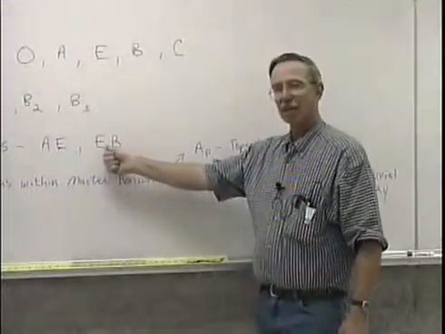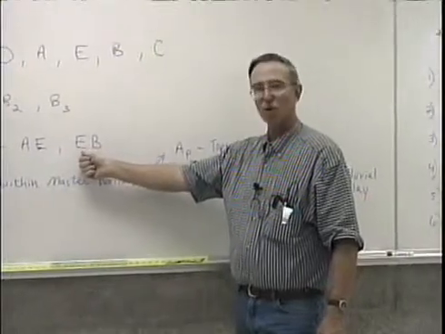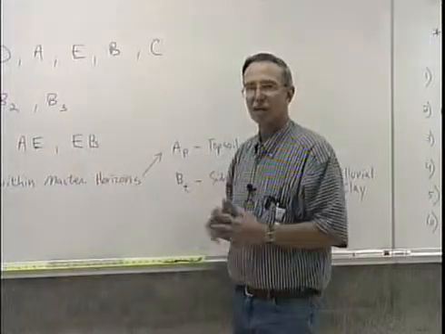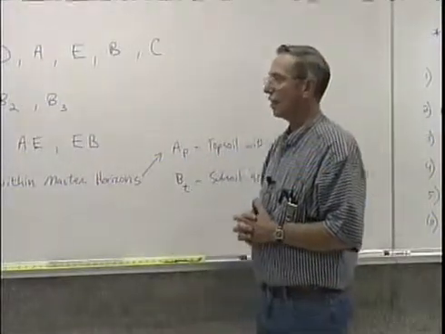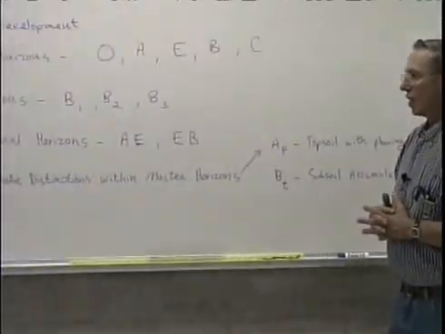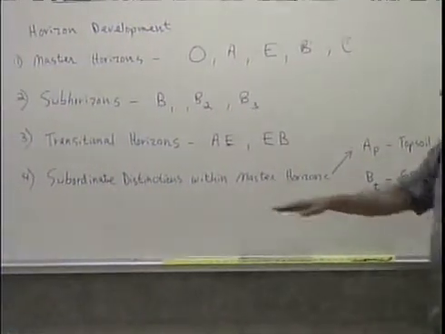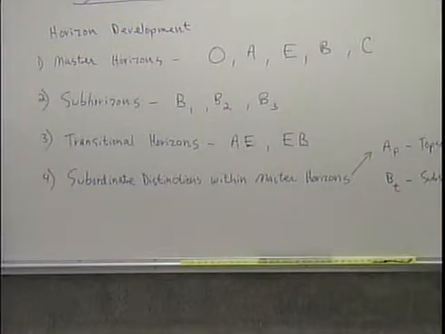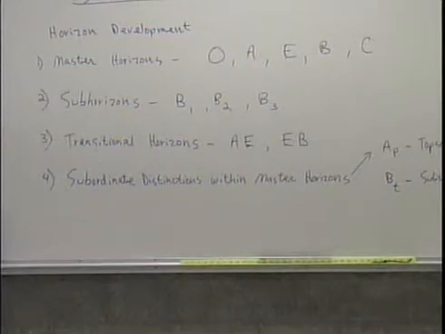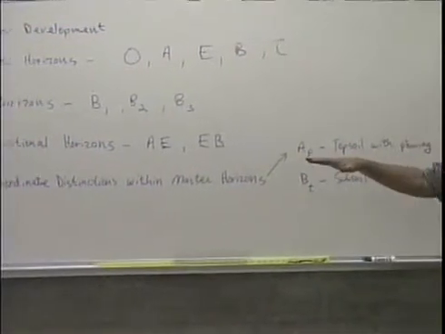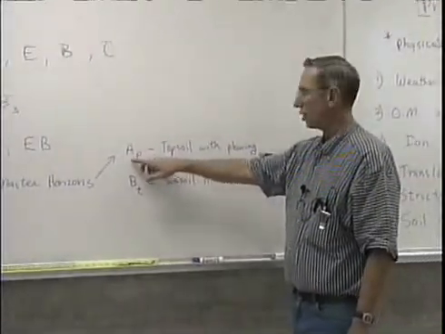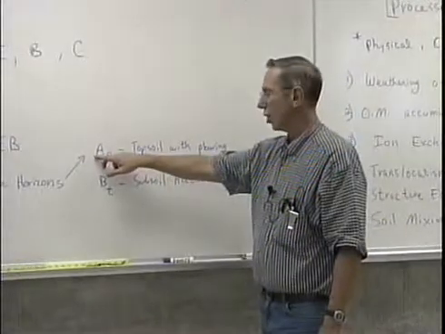Another example I've written here would be an EB. This would be a transitional zone or horizon which occurs at the base of the E and the top of the B horizon in the soil profile. And then finally, we have what are referred to as subordinate distinctions within master horizons. This is where we can become much more specific about what has been the cause of that specific type of layer to occur within that soil profile. And I've written a couple of examples up here. Subordinate distinctions within master horizons are indicated by lowercase letters written to the lower right of the capital letter